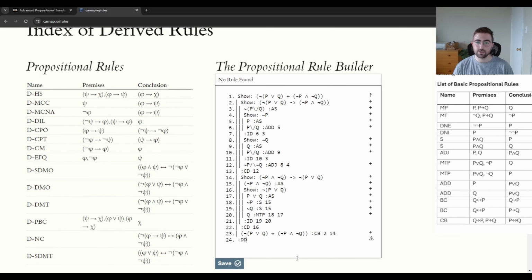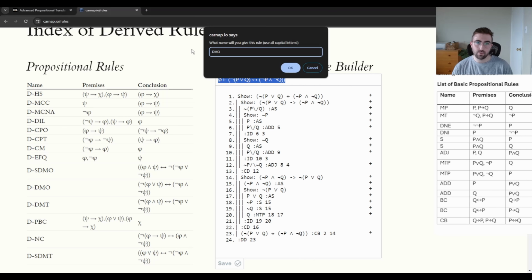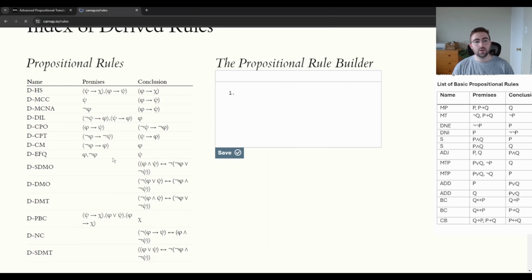So that's a direct derivation on line 23. And you can see it populates the rule. All right, so this one we are calling D-DMO for De Morgan's 1. Okay,